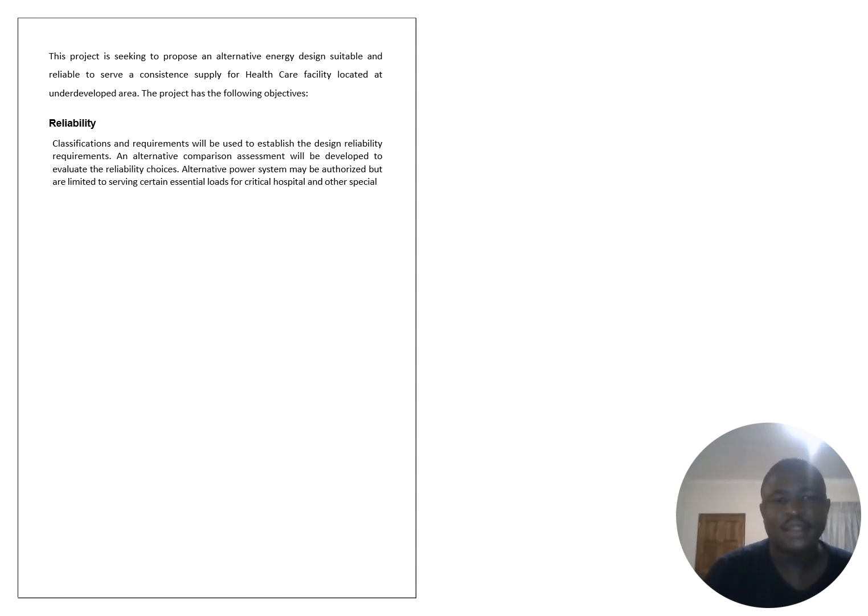Classification and requirement will be used to establish the design and reliability, and an alternative comparative assessment will be developed to evaluate reliability choices. Alternative power system may be authorized but limited to serving certain essential loads for the critical hospital and other special